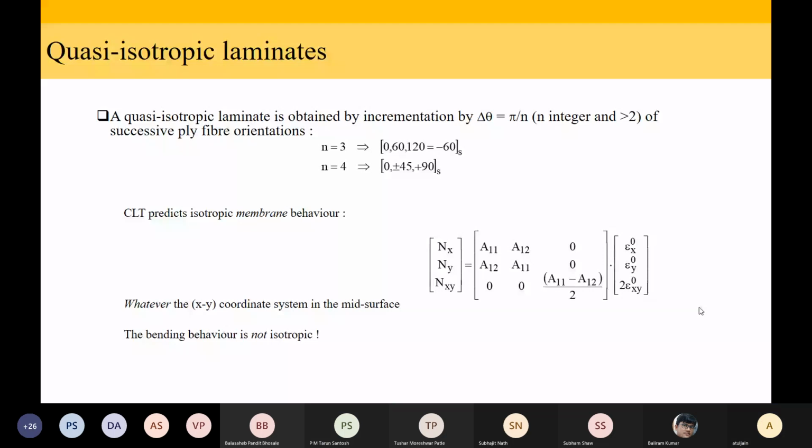Correct. So, in this context, we are saying it is quasi-isotropic because my laminate will behave in an isotropic manner only when normal tractions are applied. If you apply bending load, then it is no longer isotropic. Now, can anybody tell me why in bending load it is not isotropic? If I have a layup which is 0, 60, 120 and make it symmetric, then A11 is equal to A22. But I am saying D11 not equal to D22.